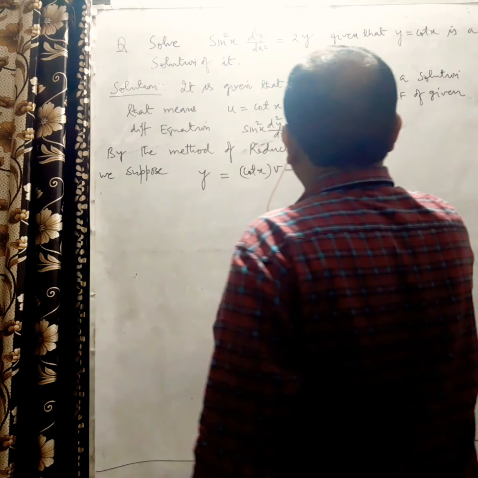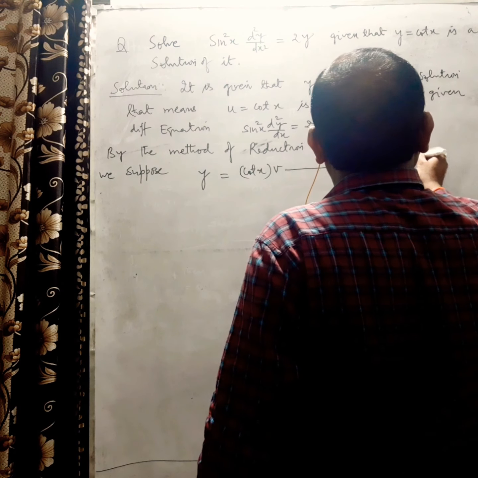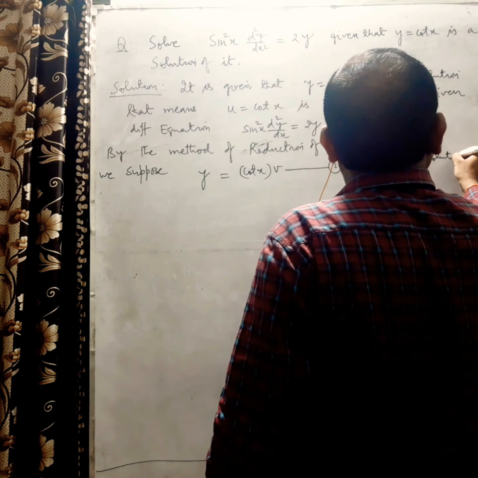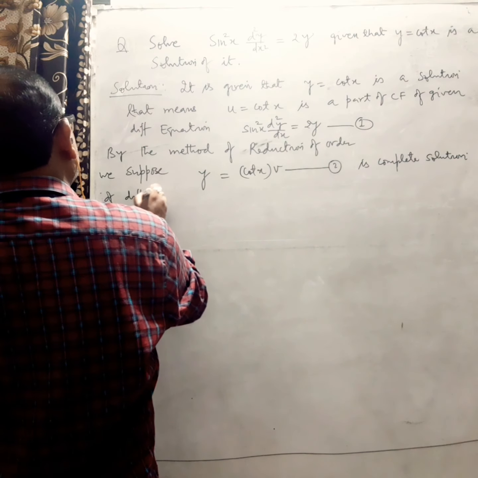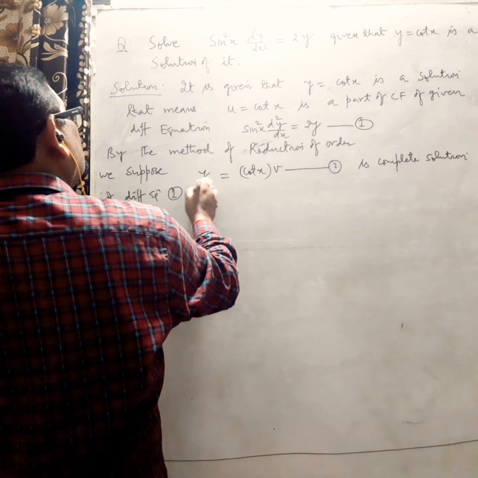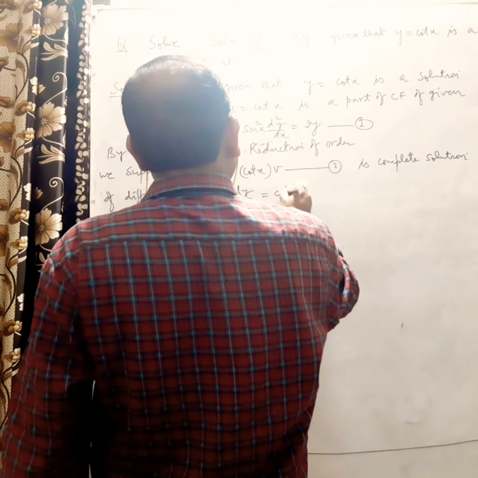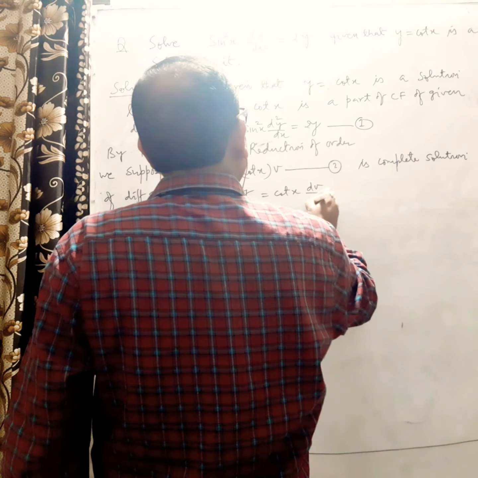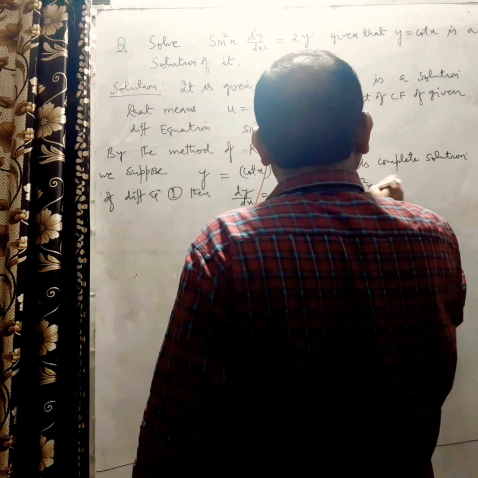This is taken as equation number 2, the complete solution of differential equation 1. Then dy by dx is equal to cot x dv upon dx minus cosec square x into v,